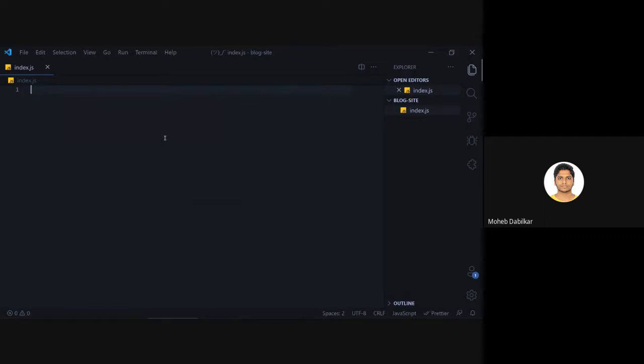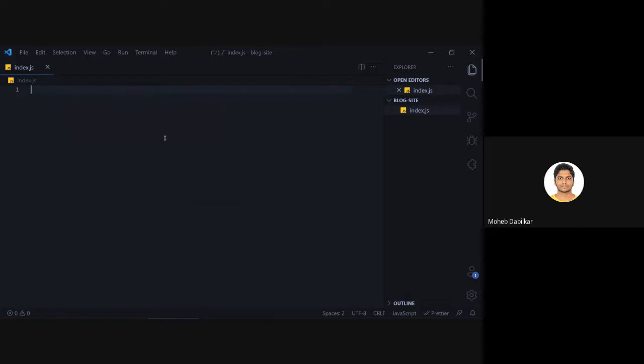Okay, so last time we saw the file system module. We did not go ahead with the OS module, but basically the idea behind it is that it will get the operating system of the client and all that stuff. And we also have worked with the file system module, and then we saw the global object previously.